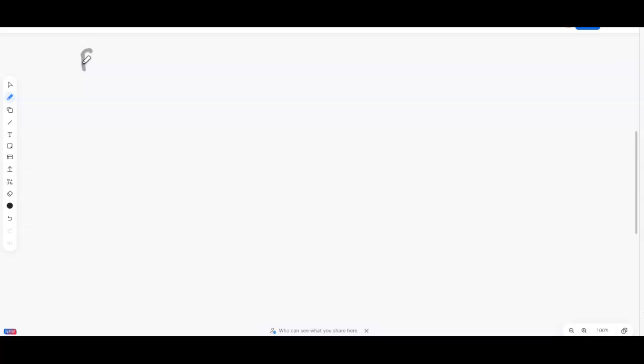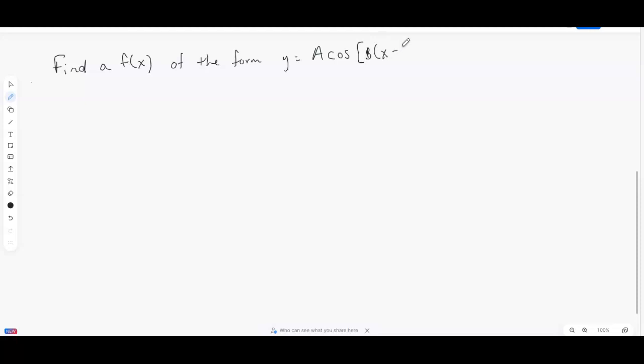So this says to find a function of the form y equals a times the cosine of b times x minus c plus d,